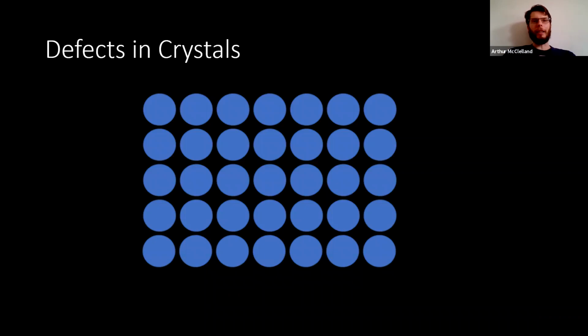All right, so let's talk about crystals a little bit. Mathematically, crystals are this perfect, repeating, infinitely long structure, but nothing in life is perfect. So let's talk about the defects. The first big defect is the surface. The crystal has a surface. At some point it ends. It can't go on forever.